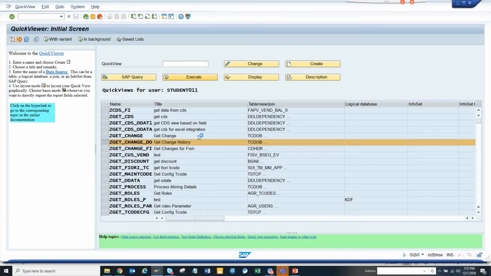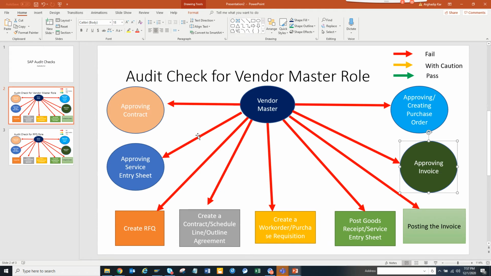Let me see, it's running, getting change history. Basically what it does is go to CDHDR and CDPOS and check whether the person who has the vendor master role has ever changed something, has ever acted on anything else. It's pretty easy.